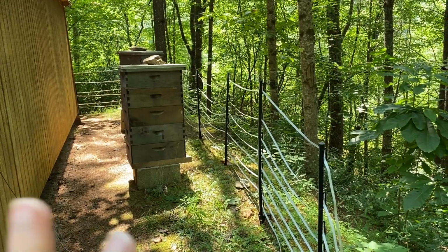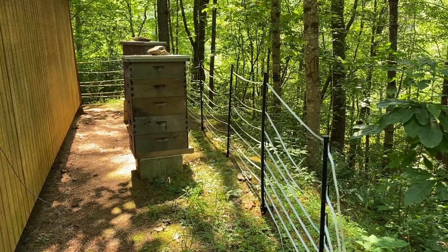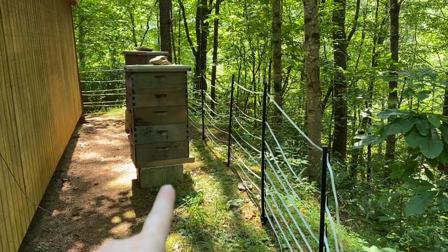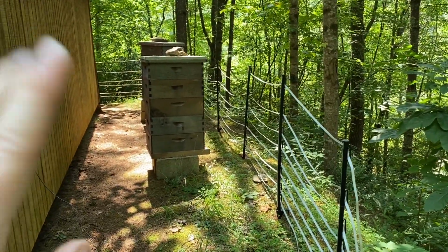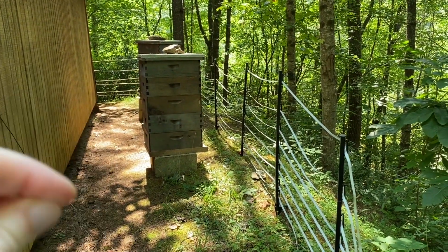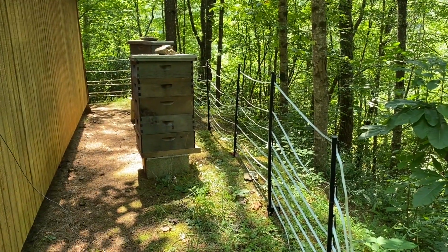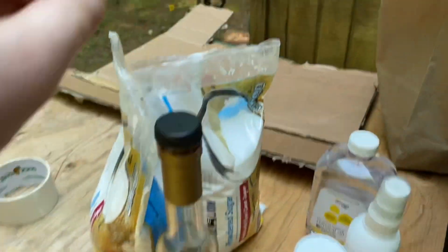Once I'm done with that, the Freeman beetle traps take, from what I've understood and read, about 15 to 20 minutes. Then I have to remove all the boxes again, replace the solid bottom boards and the beetle entrance reducer. And at that point, as I'm putting the boxes back on, I'm going to be putting in the Swiffer. I don't have the Swiffer brand, but those little towels are great for capturing small hive beetles. And I also purchased, I think I have them on my table over here. I got my confectionery sugar. I have a whole